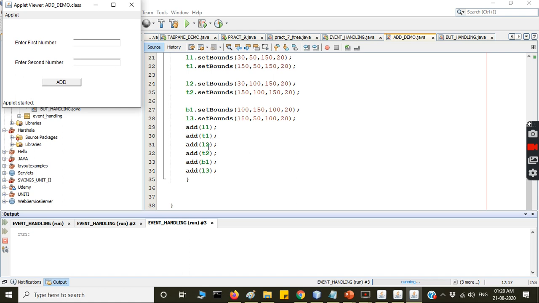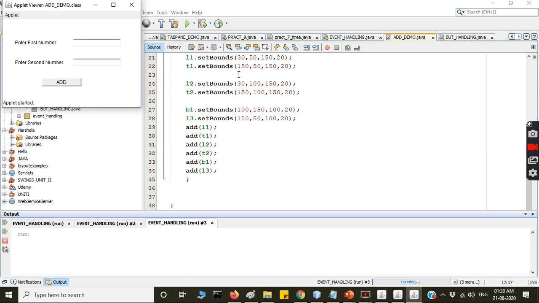After creating all the controls, we are adding them to the applet: L1, T1. You can see the output, how the controls are placed. After L1 we placed T1, after L2 we placed T2. However we are placing them, you can see it like that here.